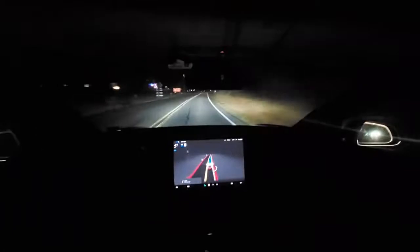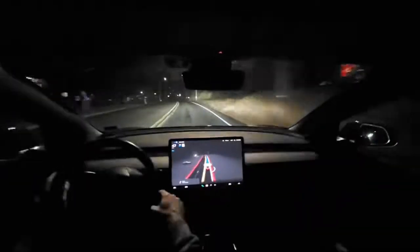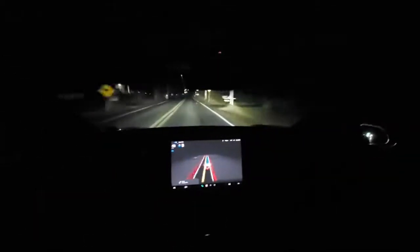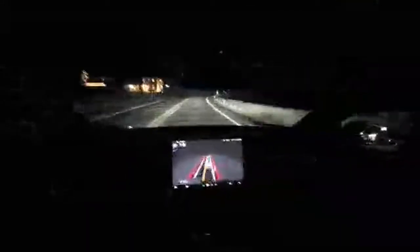Sometimes if it's so slow, the car in front of us there might have thought we were waiting for it, because I would have probably started up a little quicker. I'm going to throttle down to the speed limit here. These roads are dark, so